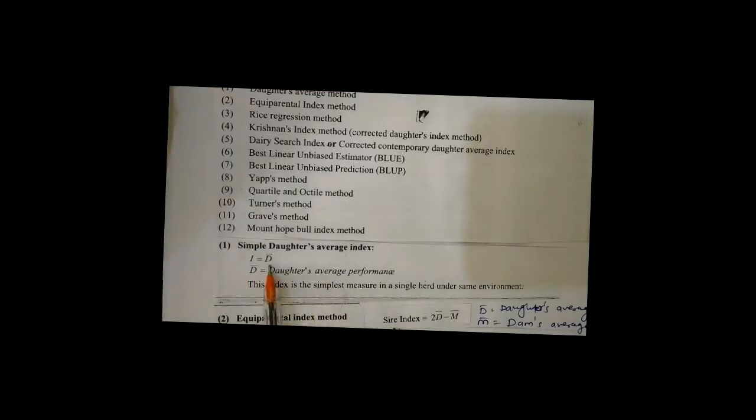So I is equal to simply D bar. Second method is the equiparental index method. So I is equal to 2D bar minus M bar, where D bar is the daughter's average, and M bar is the dam's average. If you have data on daughter's performance average as well as dam's average, you can calculate the index value using the equiparental index method.